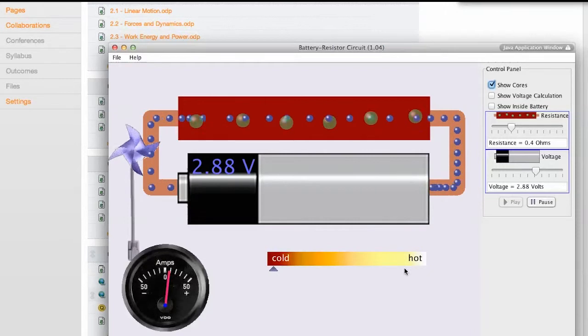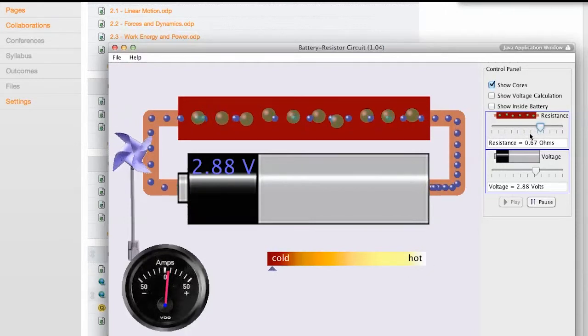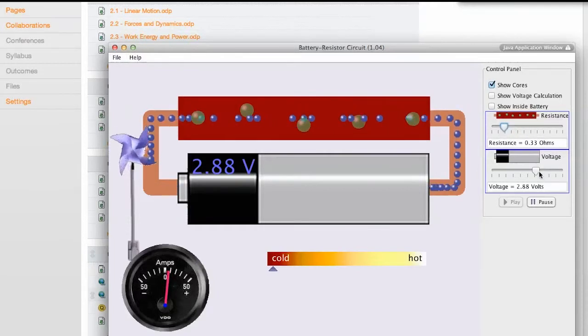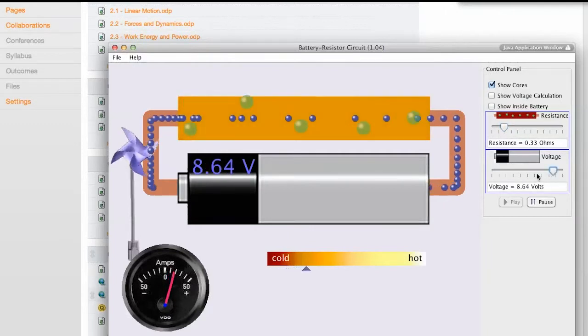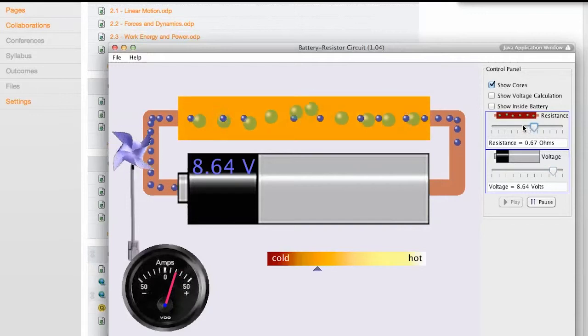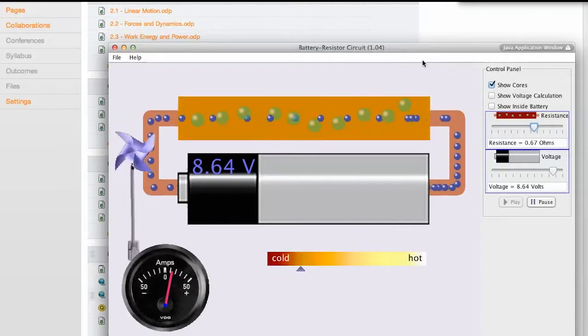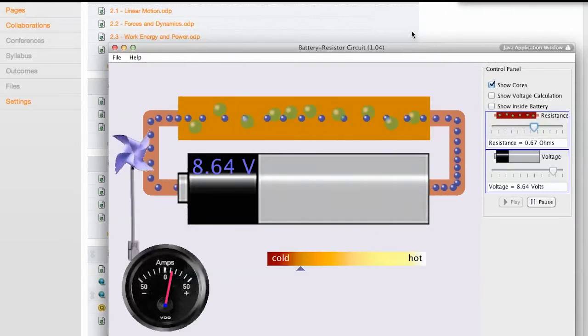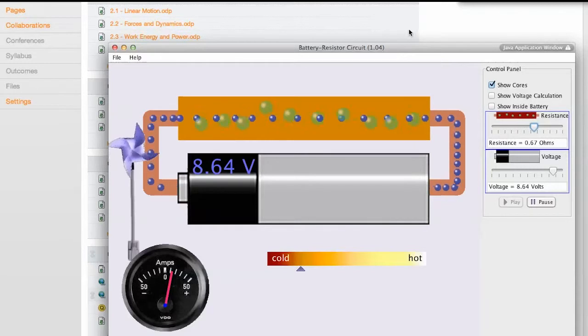the effects of things like temperature would have on how the atoms and molecules inside a battery, inside a wire, actually react, and allows them to actually see the different effects of increase in voltage, increase in temperature, increase in the resistance. Then they can actually get another view from the normal classwork. And these things, again, they can go back to over and over again, and the links are there inside the